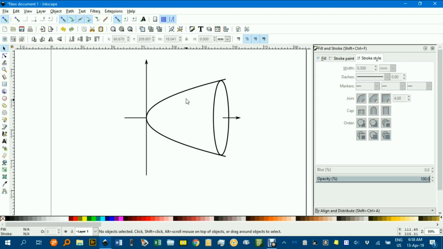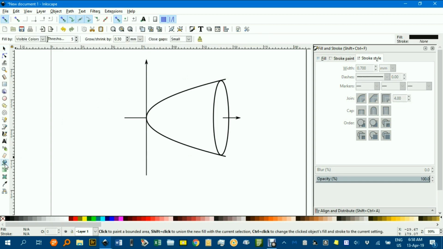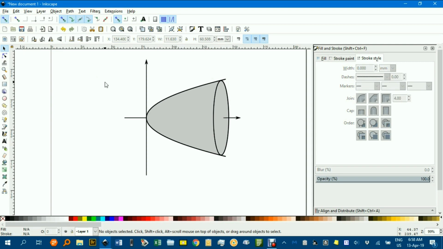Now I need to fill these areas. I don't have to click it actually, I can look at the bucket tool, I can select a colour, let's say that one there, and these settings, grow it a little bit. That helps to avoid little gaps, because the bucket tool's not an exact tool at times. Let's click in there, it's not too bad, and click in there. We've filled our parabola, our rotated parabola. We don't need to, but I think it helps if we do a gradient on these fills. So if I click that